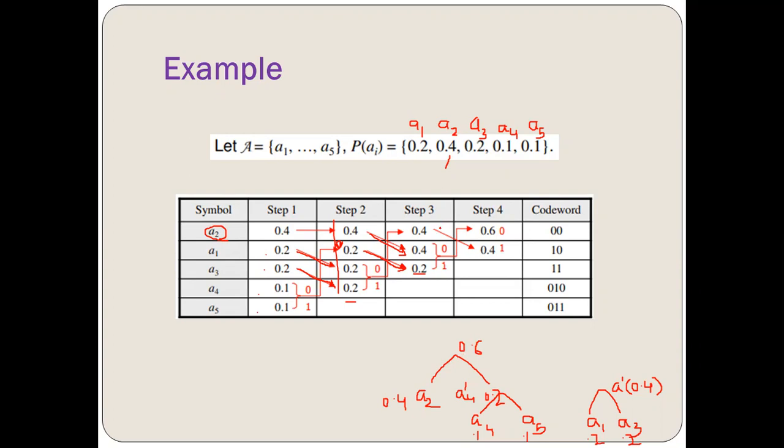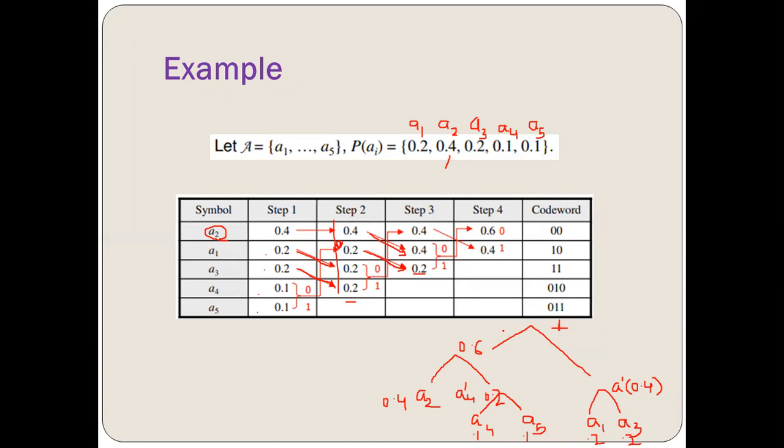Now see, this is 0.6. Again, 0.6 is greater than 0.4, that is of A2. So A2 is slid down, and again I'm going to add these two, only these two are remaining, and I'll get 1. So this is repeated till I get this particular probability as 1. Right?